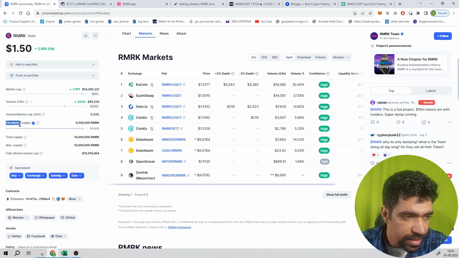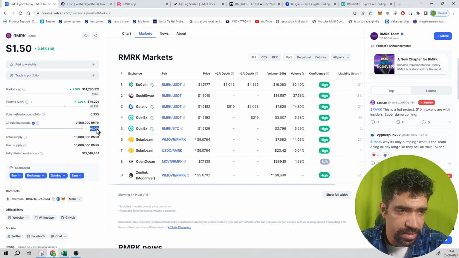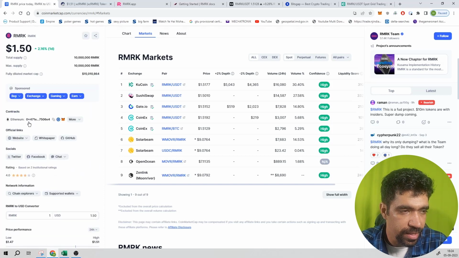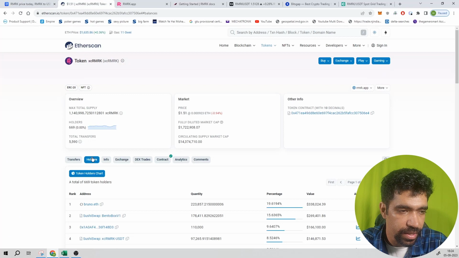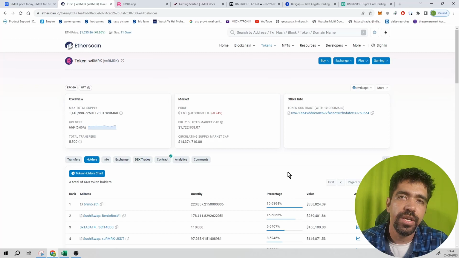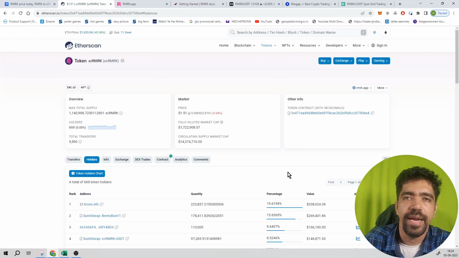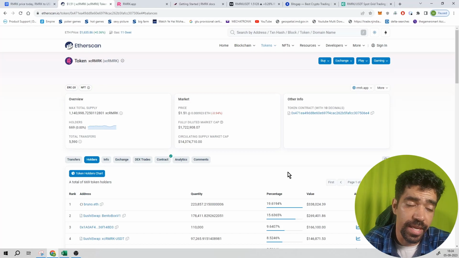And you can see that circulating supply is 9.5 million tokens already, and maximum supply is 10 million. That means supply is limited, and out of which 95% is already in the blockchain. So that is a good thing. Only 5% is left for inflation. It is based on an Ethereum contract, so you can check out etherscan.io. You can see the holder section. First address is holding 19.6%, second address is holding 15.6%, and so on. So the holding of this particular token is spread across various addresses, so a single address cannot pump and dump the market significantly. So that's a good thing once again.